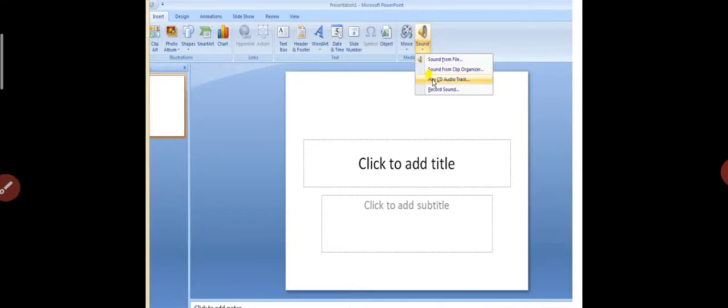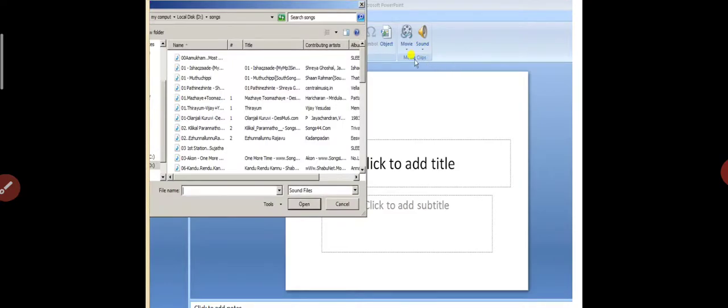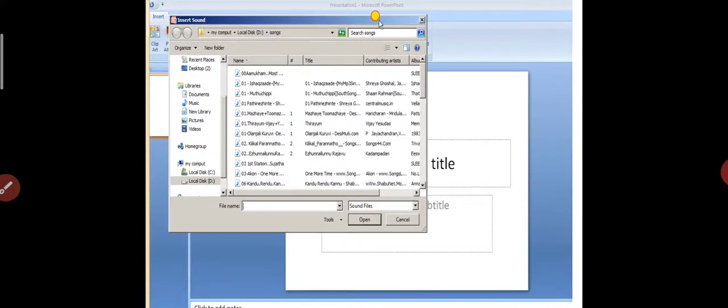4 different options are there. Some versions have only 3 options. First one, choose from file. So we are choosing choose from file, to insert a sound that is from a file. Click on the first option. You get a dialog box to choose the audio or sound.